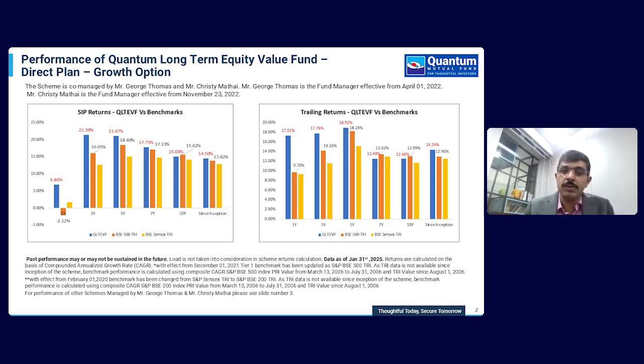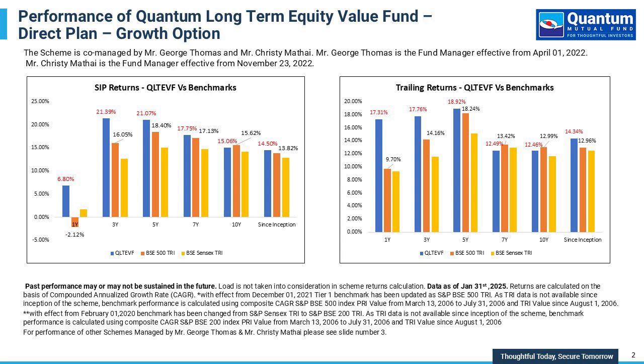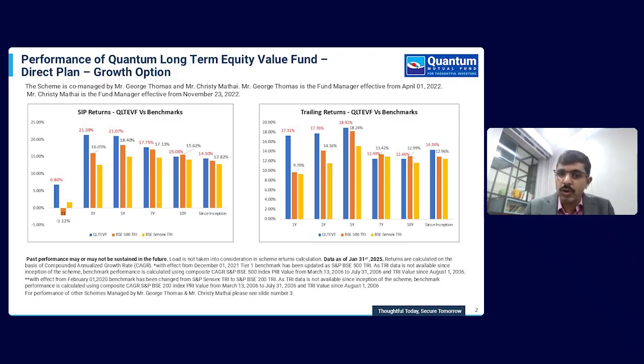So in terms of Quantum Long-Term Equity Value Fund, we have fairly strict buy and sell limits, and we are quite sensitive to valuation. So as and when a stock crosses our sell limit or fair value estimate, we would start trimming those positions. And as a result, the possibility of having many names with downside potential or negative return potential is quite less. So at any point in time, our portfolio is likely to have a positive upside because it is comprised of a set of stocks which have upside on an individual level.